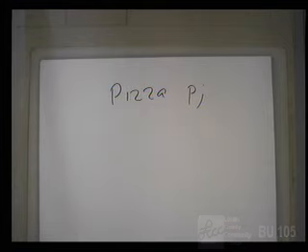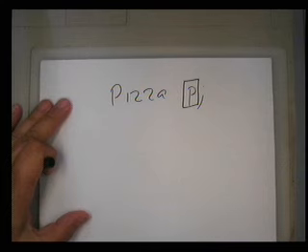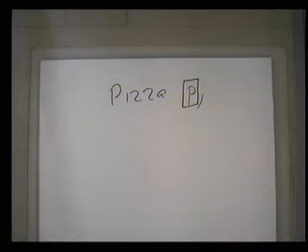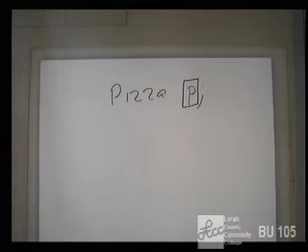And P is going to be a pizza type variable. We're going to store information relating to a pizza in a variable named P. All right? So P is going to point to a pizza, is what this says. It's almost like